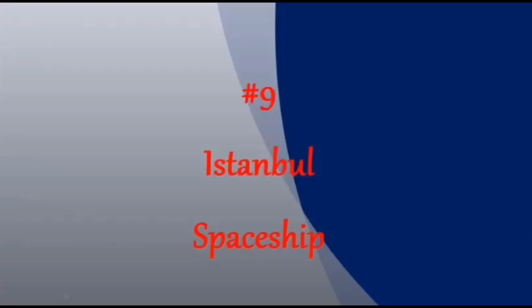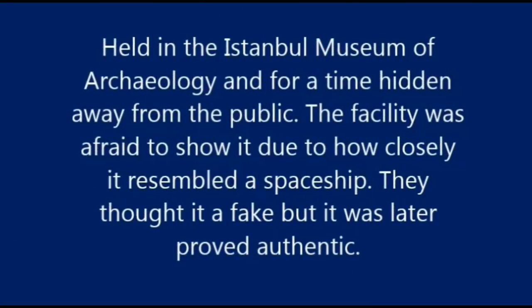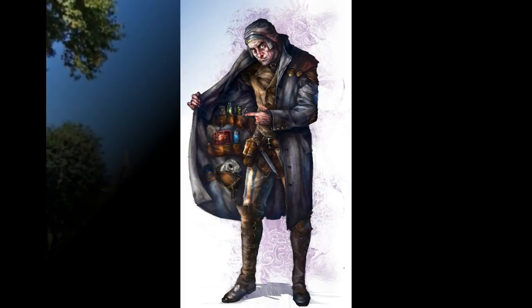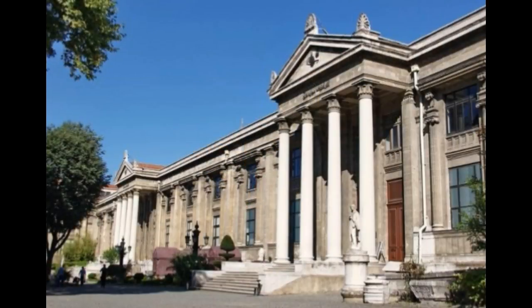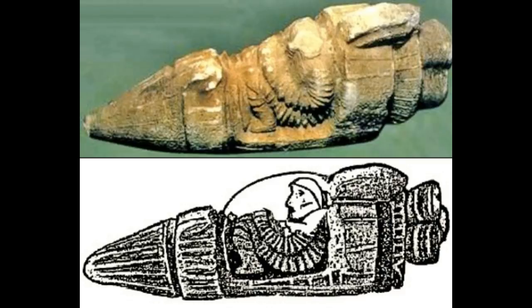The Istanbul Spaceship. Oh, you could have been something. The story behind this supposed artifact falls into the dangerous categories that I frequently talk about in my videos. The history behind it and how the museum came about it has always been sketchy, and the origin story has changed quite frequently. No names, no dates, and just some merchant or this guy. It was hidden away for quite some time and given the mysterious backstory of it being locked up due to it changing the way we look at science. In reality, it was locked up due to it being found out to be a plaster model made less than 40 years ago.